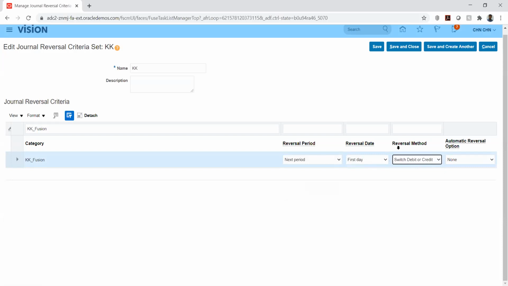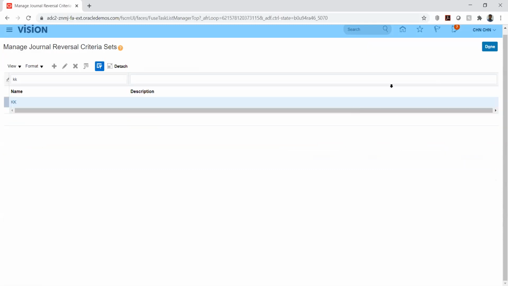This option in EBS we have while defining the subledger options, where we see how to summarize. Here they have kept it under reversal criteria. If we want to enable the automatic reversal option, we can enable it, whether we want only the automatic reversal or also the posting. I have just clicked none. After this, I'll attach what we have created to the ledger.